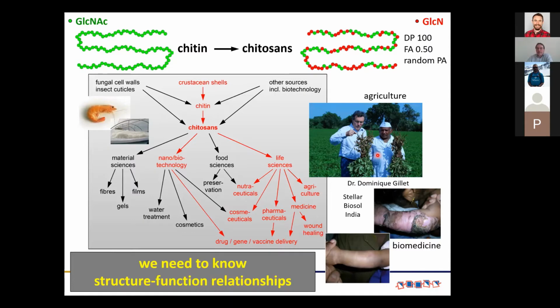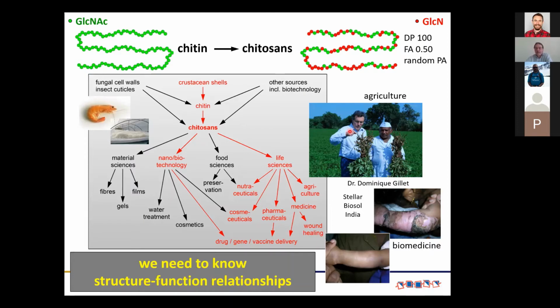This is the problem. Well, it used to be the problem with many applications of chitosans, that sometimes they work and sometimes they did not work. And of course, based on such an unreliable activity, you cannot really develop any products. So we started early on to say we need to understand structure-function relationships. We need to know which chitosan is responsible for which bioactivity if we want to come up with reliable applications,